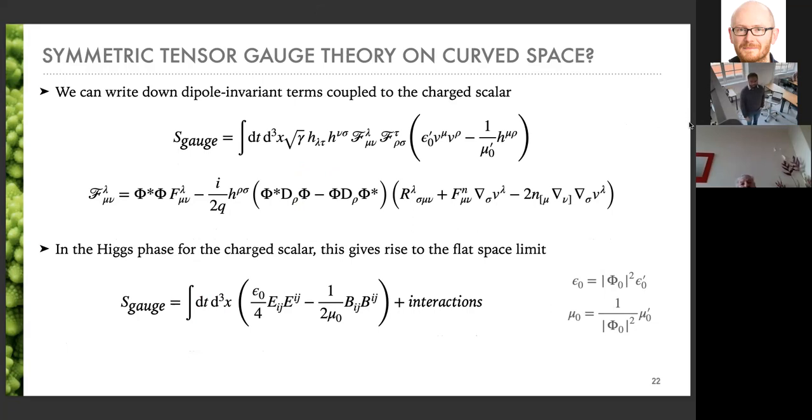But what does seem to happen is that if you take this theory and now go to the Higgs phase, where phi condenses, then this will give rise to some sort of local version of the symmetric tensor gauge theory, plus a lot of interactions. But the important thing to note is that you cannot do this for a free theory. You can only do this for